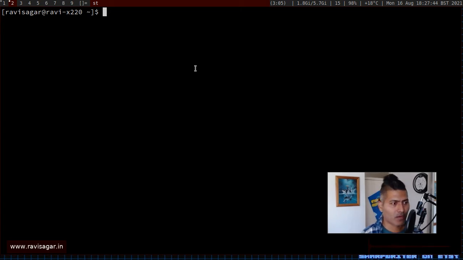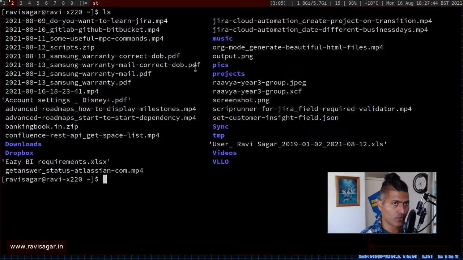I try to use a lot of terminal based applications, and a lot of shell scripts for solving my own problems and doing it myself, or do it yourself if you want to learn, because it will make you efficient and quick in doing things. Right now, of course, we are on the terminal, and you can do a lot of wonderful things if you want. And by the way, if you're using a tiling window manager, you will